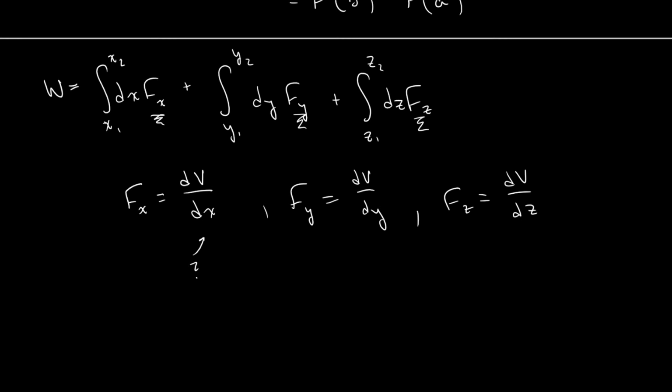The way to go about this is we look at what we're integrating instead of what we're differentiating. And what we see is that each one of these integrals completely ignores everything in the coordinates that we're not integrating over. So this integral couldn't care less about the y and the z. This one doesn't care about x and z, and this one doesn't care about x and y.